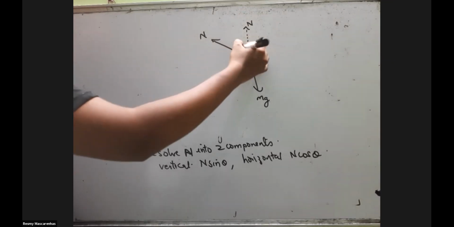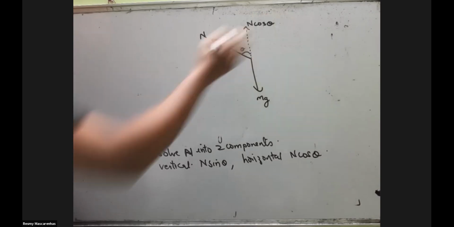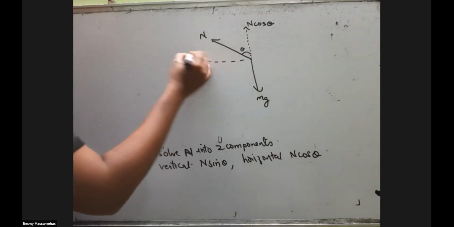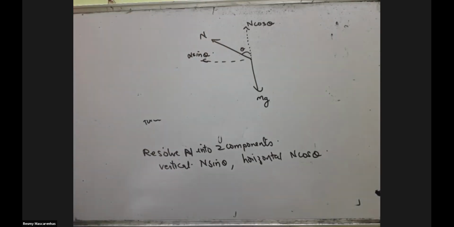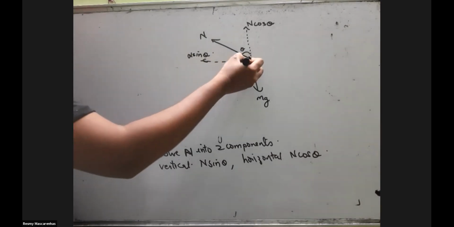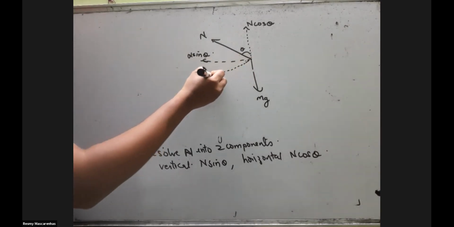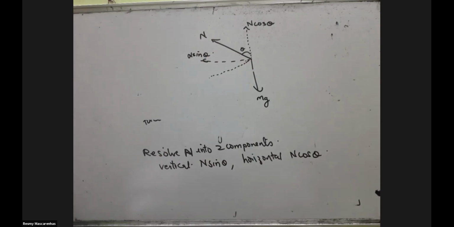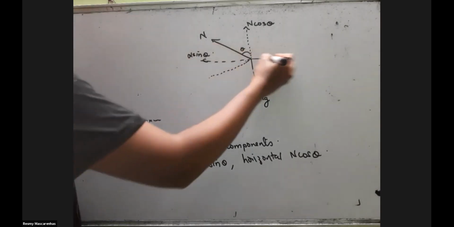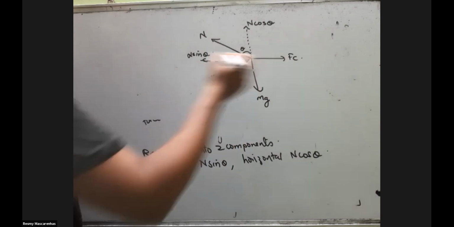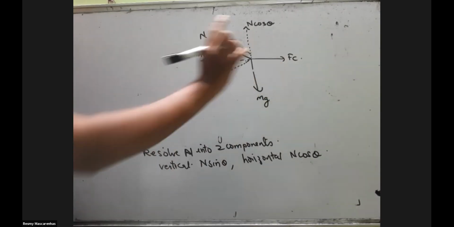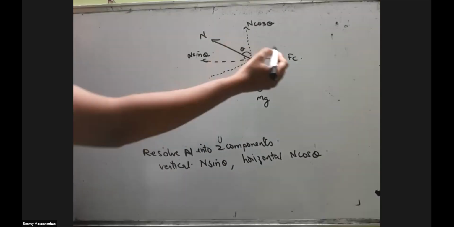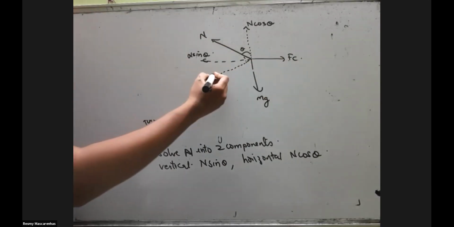This was theta, one would be N cos theta, and this was N sin theta. Now there's a frictional force also. This was a centripetal force. Same previous diagram only. Now the only thing that will add on is, okay, this was FC,